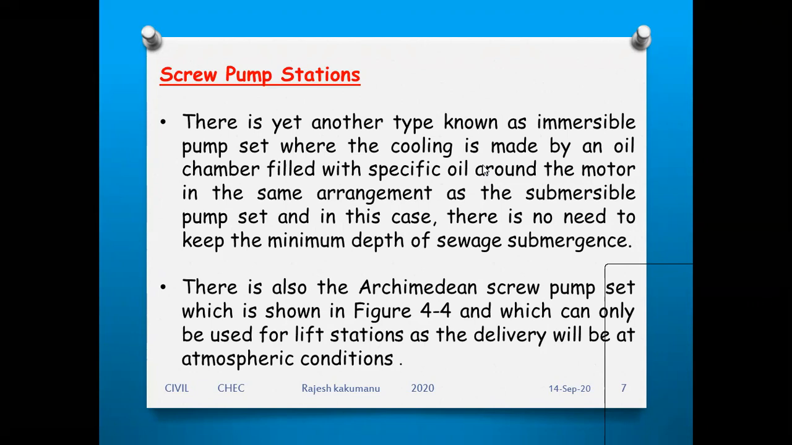Okay? Next, there is also the Archimedean screw pump set which is shown, and which can be used for lift stations as the delivery will be at atmospheric conditions. If you see the figure here,